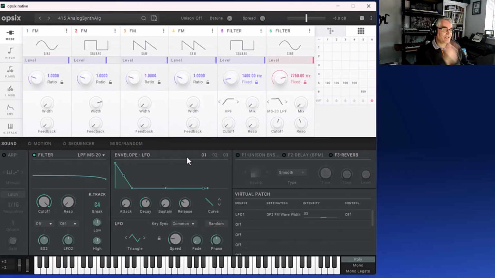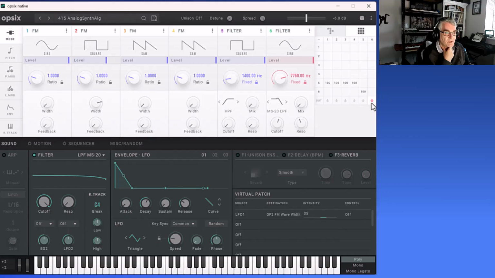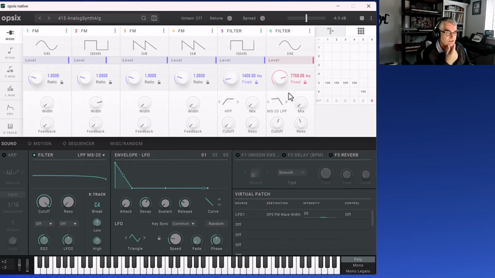So here is something that I created. This is a custom algorithm. In this case, I've made operator 6 the carrier and all the others feed into it. Why would I want to do that? Well, it means I can have operator 6, which I've created as a filter, and the others are oscillators, like analog oscillators. So imagine you've got an analog synth with a filter and 5 independent oscillators that feed into that, and